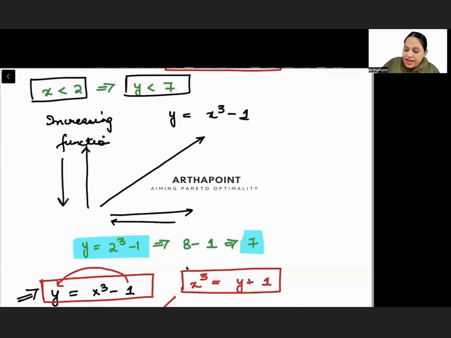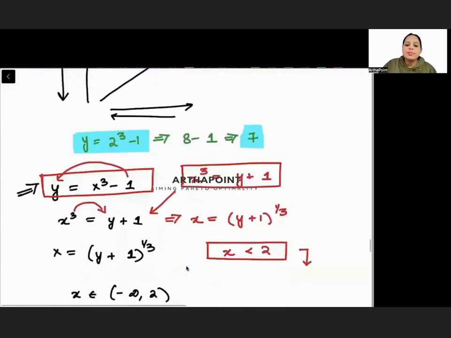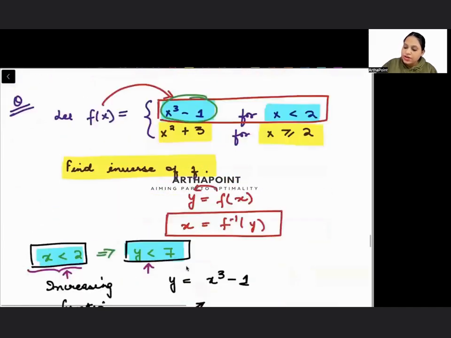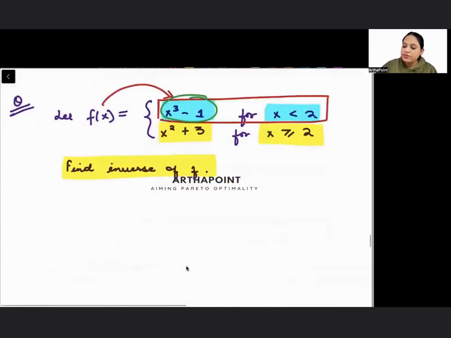So when I am taking x less than 2, y will be less than 7. At x equal to 2, y will be equal to 7. For x greater than 2, y will be greater than 7. So understand that because this is an increasing function, these signs will be in the same direction. So basically, what has happened is, if I have to write an inverse g(x), then the inverse for the first part